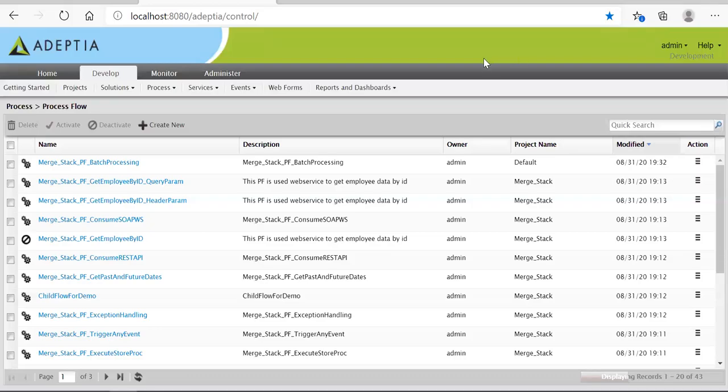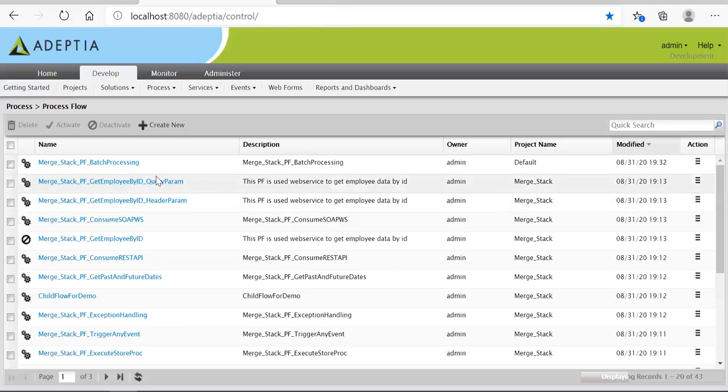In today's session, I'm going to talk about the deployment process. So once you are sure your development is done, your dev testing is done, and your code is working as per your requirement, and all the test cases are accepted, then the next step is you prepare for the deployment to the next environment, either it's a QA or production. Okay, so let's see how we achieve that in the Adaptia suite.